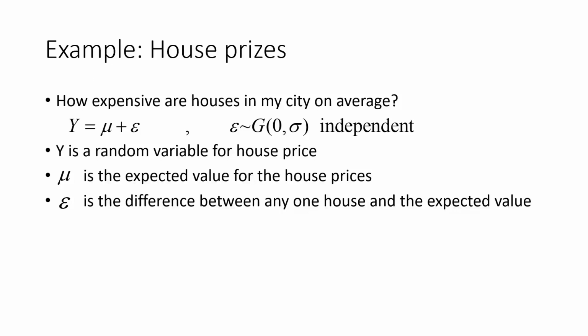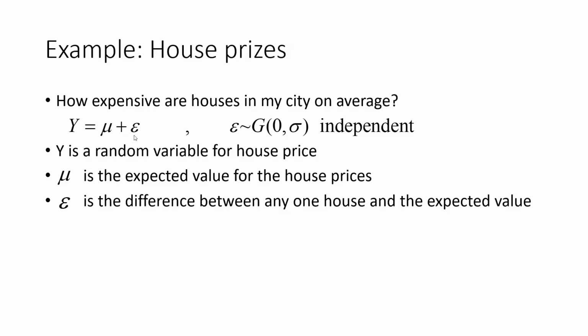We're going to remind ourselves what linear regression is by starting out from a model that just represents the average and then adding an x variable to move to linear regression. So you might ask yourself, for example, how expensive are houses in my city on average? So we can compute that average. As statisticians, we like to model this. And the model that corresponds to the average would be just y equals mu, the average, plus epsilon, the error